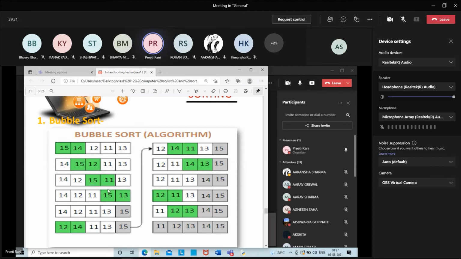See, it is checking two numbers here up to the last of the numbers, and which one is smaller or larger, and it will arrange according to that. This is the part of bubble sort. In bubble sort, whatever list you have, it checks two numbers: the first two numbers, the next two numbers, the next two numbers, up to the last, and arranges them. Finally, it will get the sorted data. See, in the gray part it is given: 11, 12, 13, 14 and 15.